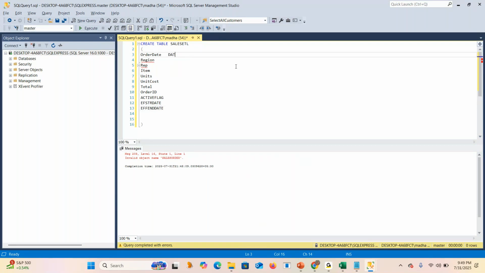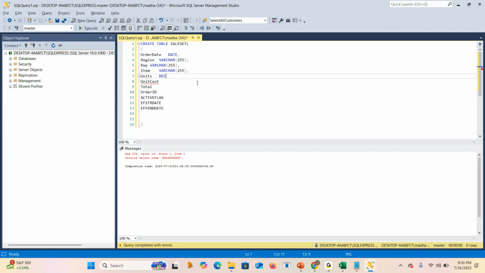So order date will be date, region will be varchar of 255, item, and the next one, float or decimal.